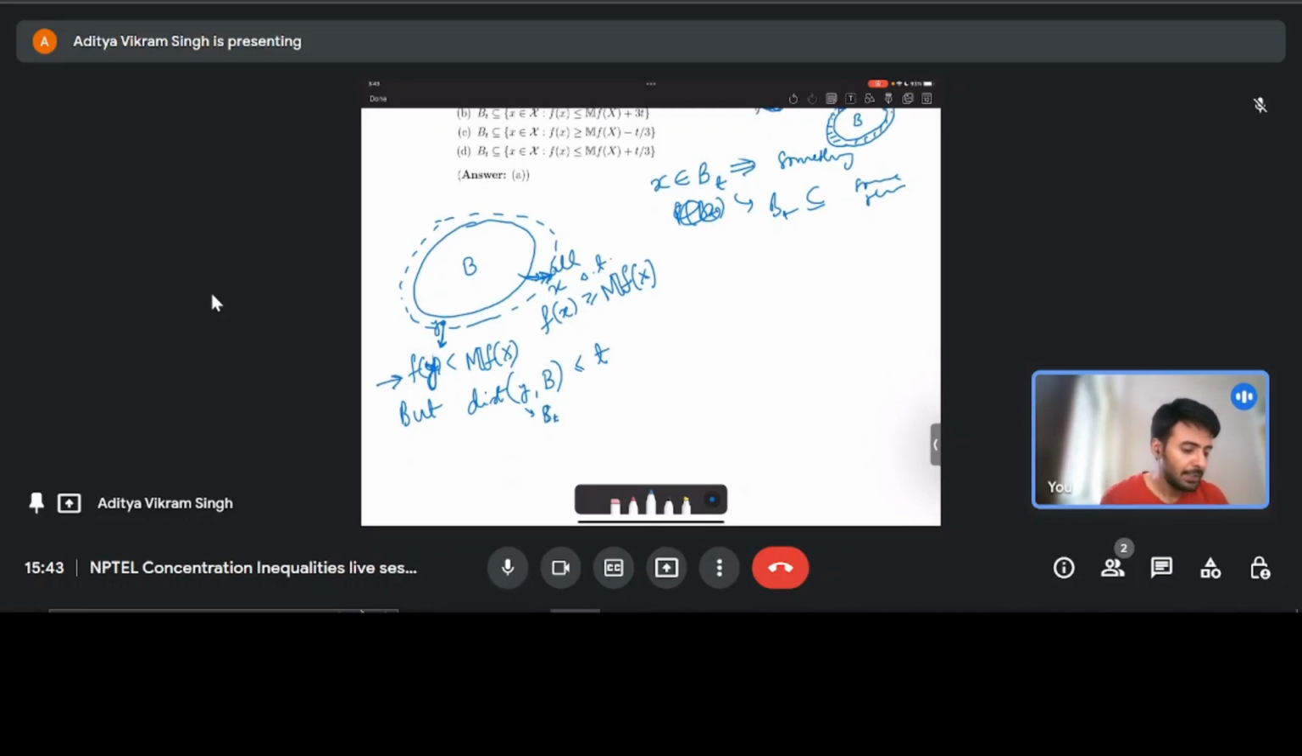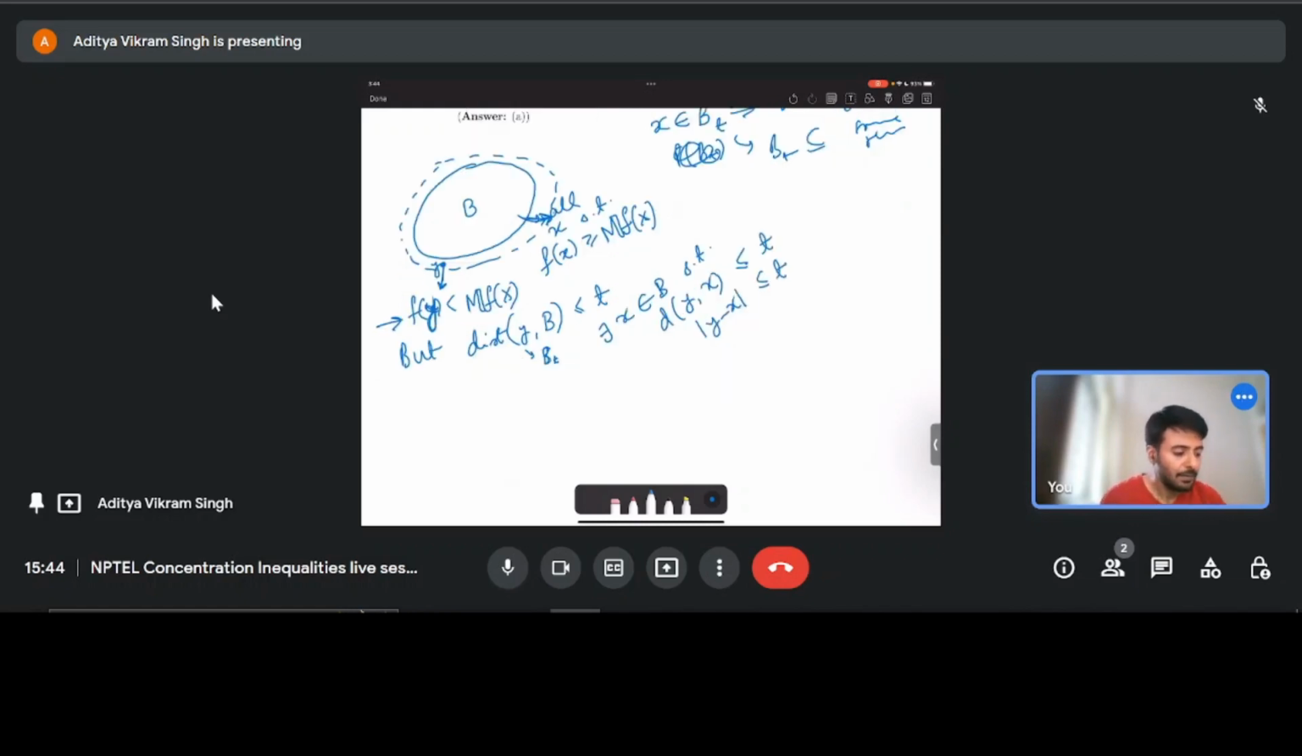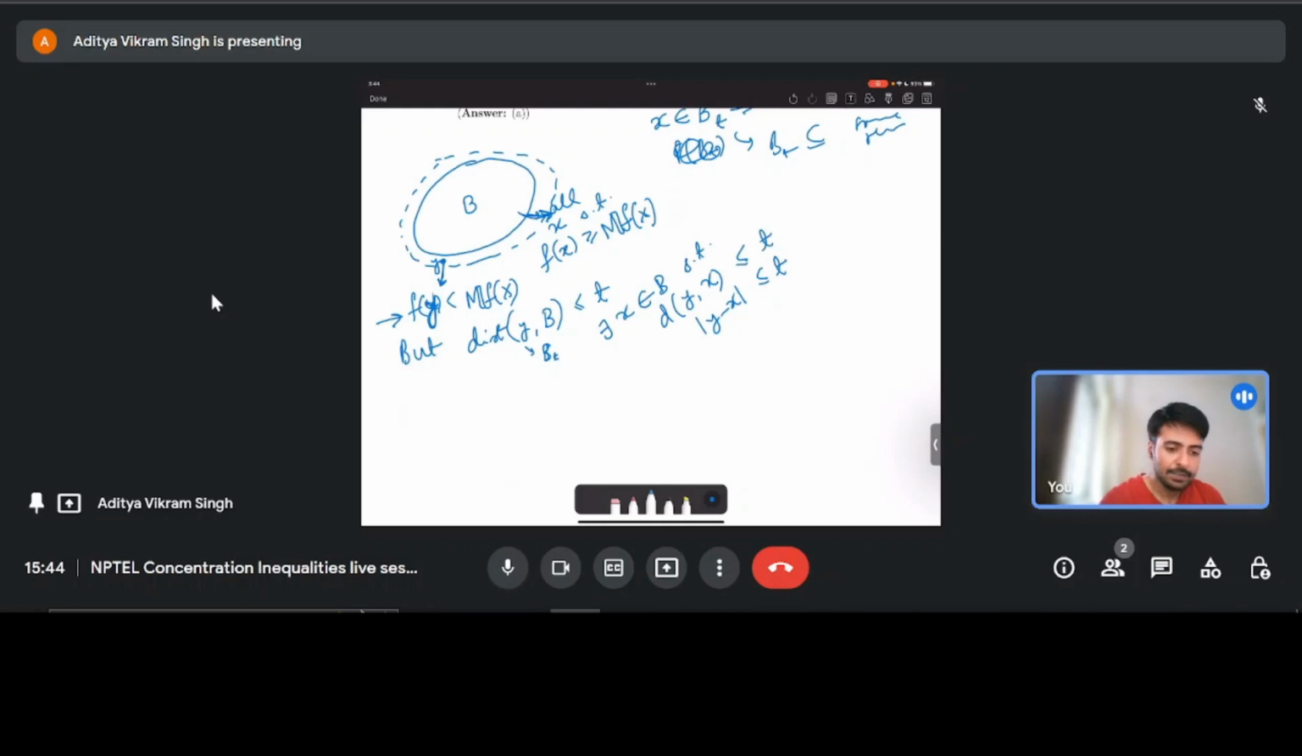Okay, so the distance is less than or equal to t, distance of y, and so what this means is that there is an x in B such that the distance of y comma x is less than or equal to t. Basically, the absolute value of y minus x is less than or equal to t. Okay, so there exists some x in B, and now we know